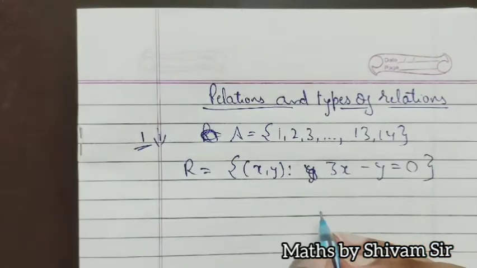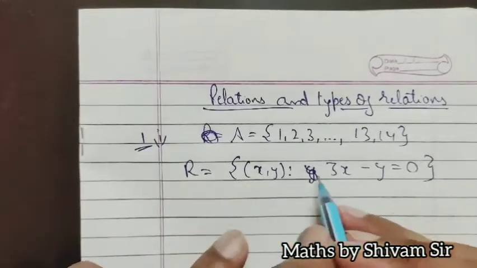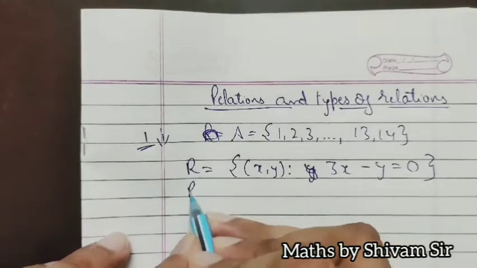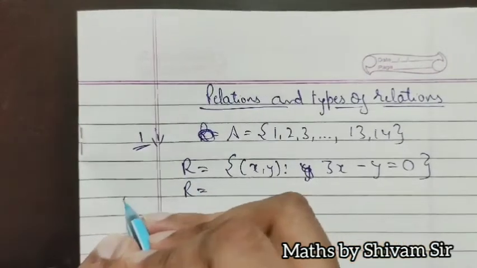So 3x minus y is equal to 0. If 3x minus y is equal to 0, then the only possible set for the relation can be,